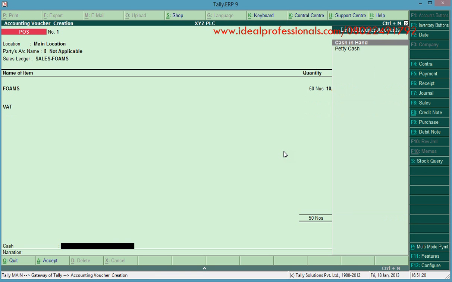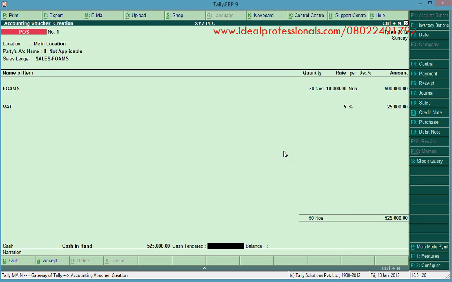What is the cash that I'm receiving? Is it petty cash or cash in hand? Then call it cash in hand. Cash rendered 5,000. Also, it's also possible that it's not paying in cash. There are other ways of paying. So I can now come to my right hand side,